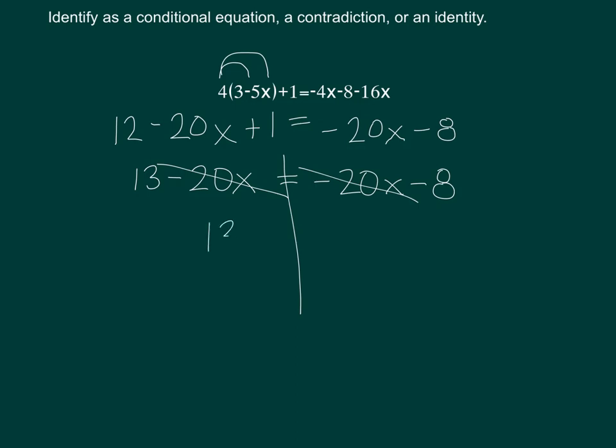We're left with a 13 on the left and a negative 8 on the right. Clearly this is false. They're not the same number. Therefore, we have a contradiction on our hands. This is not true. That means that no number works for x. We say that this has no